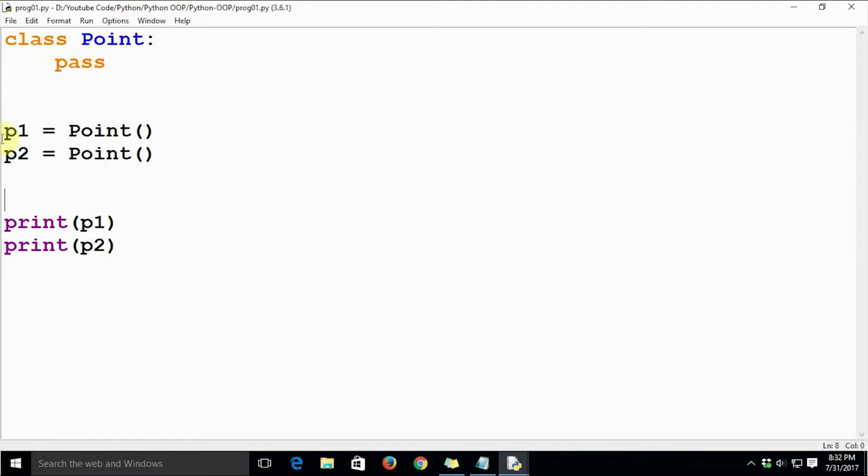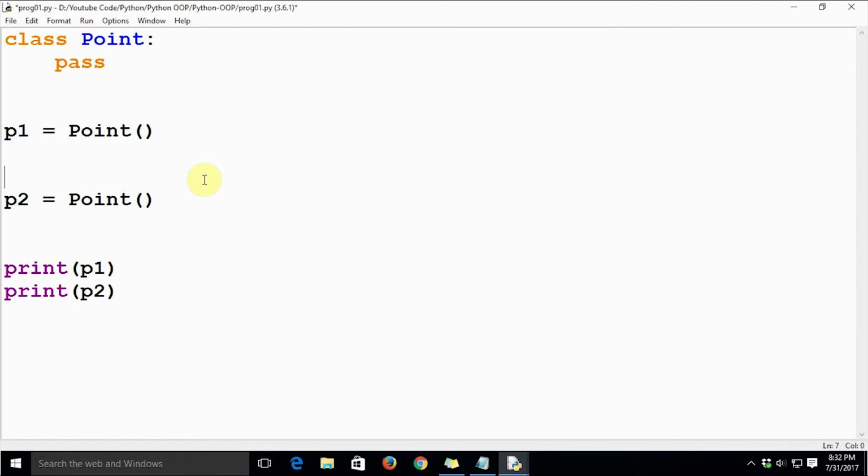So here in this line we have initialized the point. Now let's take the example of p1 and assign some attributes.